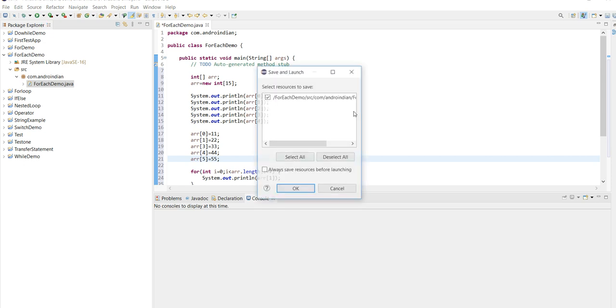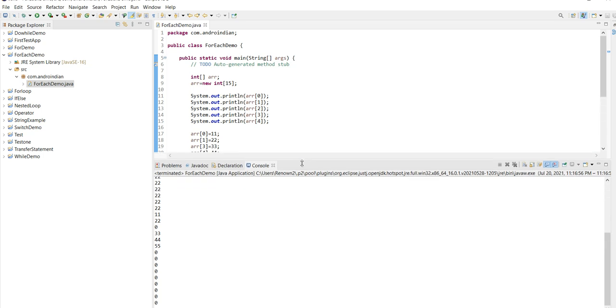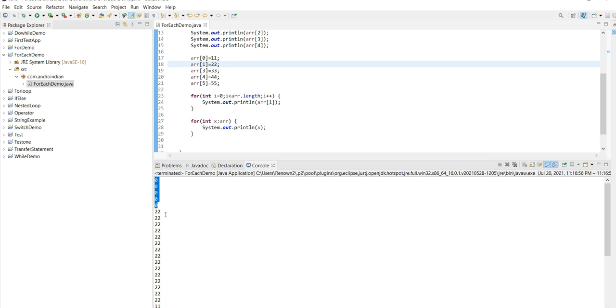I'm running this program. See here the output. First, it shows all 5 values as 0, because without any value initialization the default is 0. Then for the for each loop it prints 11, 22, 33. We already saw that last time.